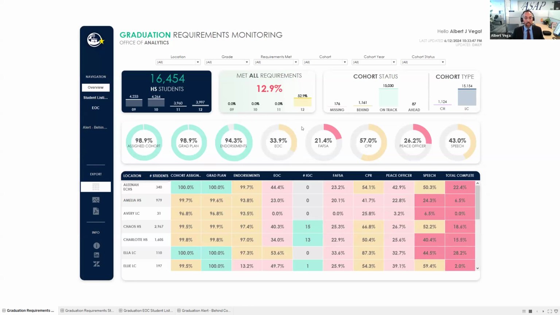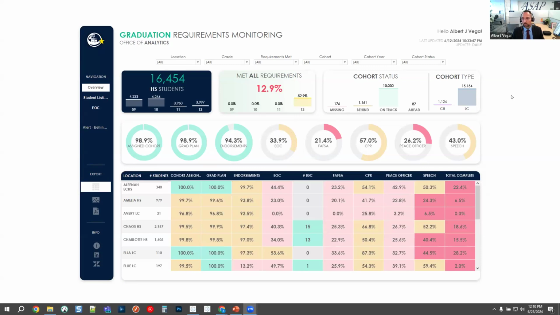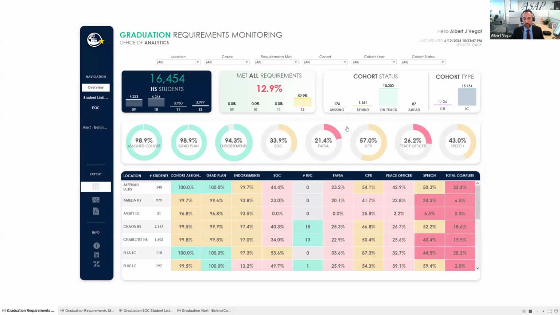And then we can also look at their EOCs, the end of course exams, because those are important for our seniors when they're graduating. We also have the ability to look at their federal student aid application. We can look at CPR training, peace officer training, and we also look at their speech courses as well. All of those are identified as necessary for students to graduate, but we also want to look at total number